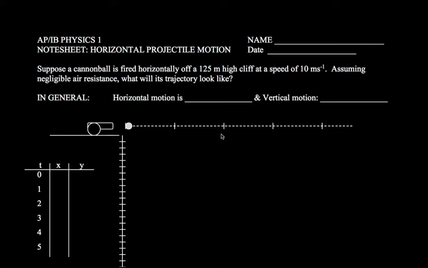Okay, so in this video tutorial, we're going to be talking about horizontal projectile motion for AP IB Physics Year 1. One of the results from the activity that you did for projectile motion is figuring out that the horizontal motion is constant and the vertical motion is accelerated. The general thing that we say about this is that the two directions are independent of each other. In other words, what I could do in the x is completely independent of what I'm doing in the